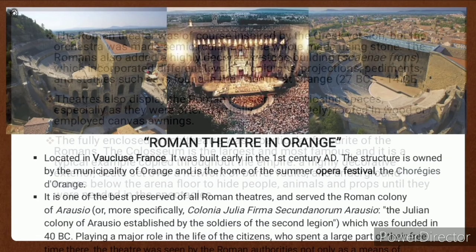An example for theater is the Roman Theater in Orange. Located in Vaucluse, France, it was built early in the 1st century AD. The structure is owned by the municipality of Orange and is the home of the summer opera festival, the Chorégies d'Orange. It's one of the best preserved of all Roman theaters and served the Roman colony of Arausio, the Julian colony of Arausio,